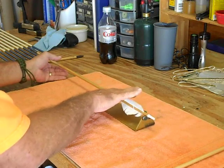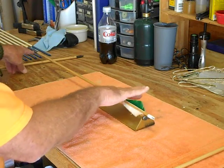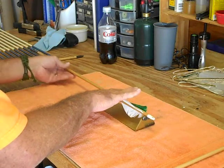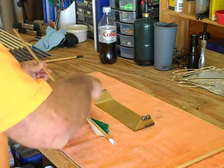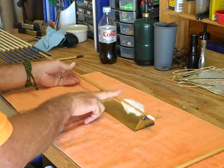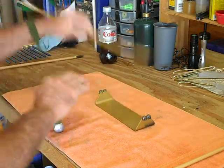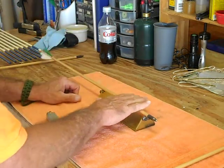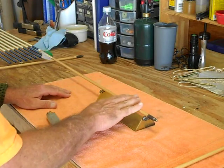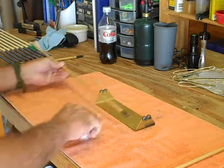Okay, we've got the same situation here, so I'm going to spin it to where this end is down and bring it off, and once again we'll go in front of the fletching and then we'll spin it again, and that took care of that as well, which means the wobble was right in this area. So we're going to spin it to flip it to the other end. There is a little bit of wobble here, so we're going to get that down,